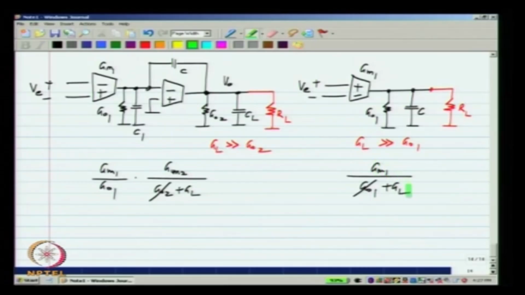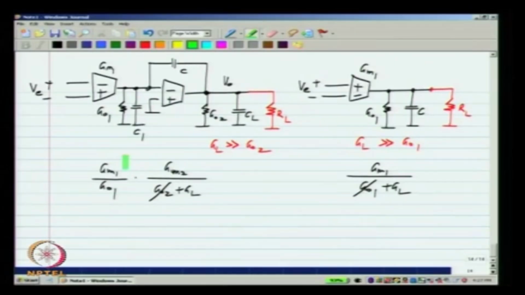In case of a single stage op amp, if you do have a resistive load, you have to make this GM1 much more than the load conductance, so that you get a significantly less DC gain. Okay. The DC gain required may be of the order of thousands or even higher, and when you try to implement a large value of GM, you end up dissipating a lot of power, and that is a serious problem for circuit design. Here what can be done is,